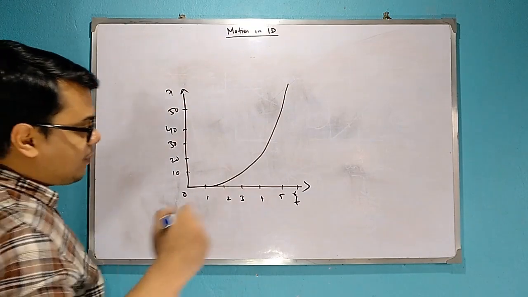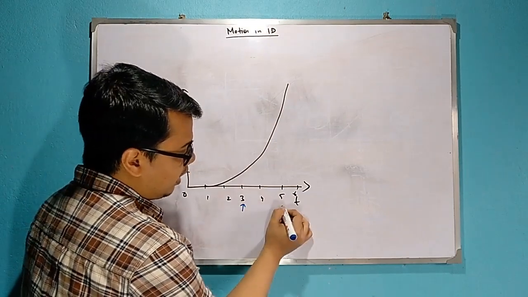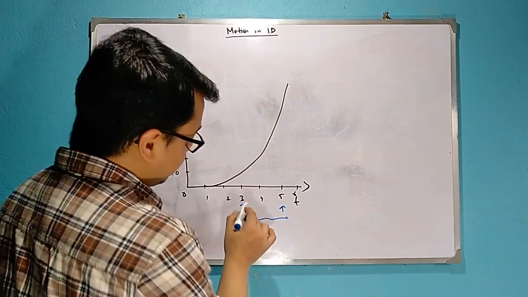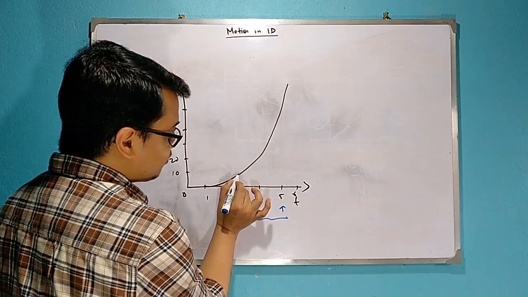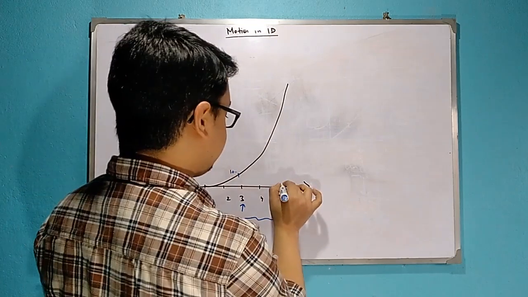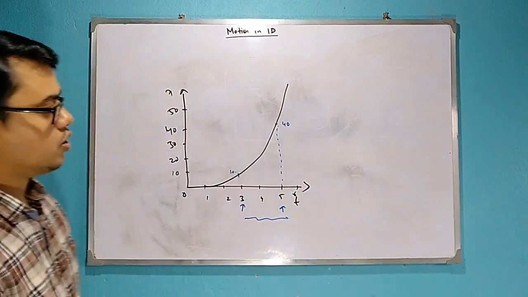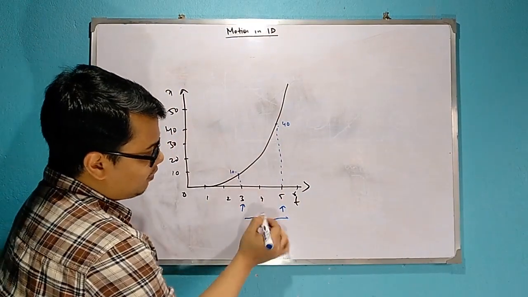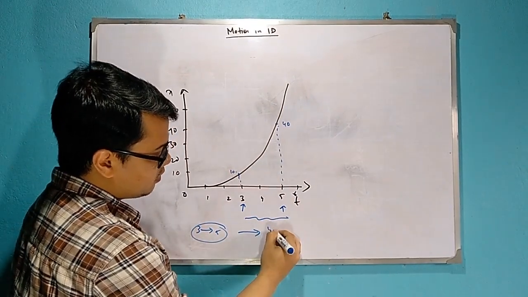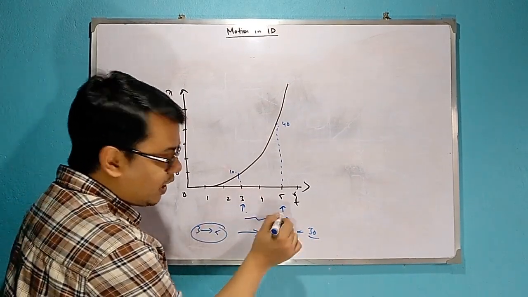Now you have to determine the length covered between the third second and the 5th second. What is the length covered between the 3rd second and the 5th second? So at t equal to 3, it was at this point. Suppose it was at position 10, and at 5 it was at this point. Suppose this is 40. Okay, so the distance covered between 3 and 5 is how much? 40 minus 10, that is 30 units. So between 3 and 5, what is the velocity?